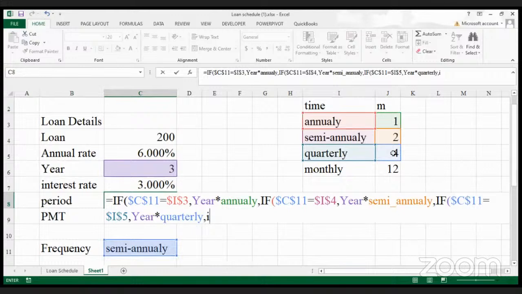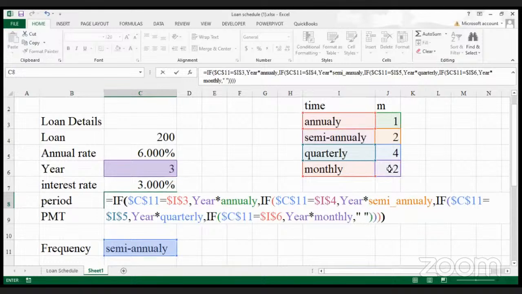If the last one, our frequency section is equal to monthly, comma, we will take year, multiply by that. If it does not meet all those conditions, it should return to us an empty cell, and then we close